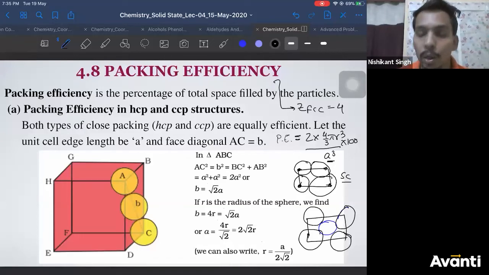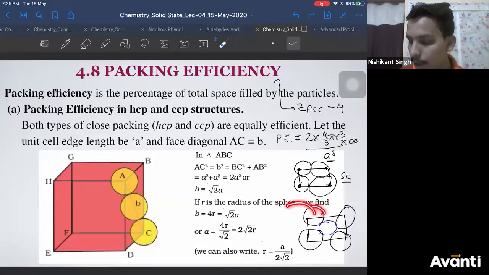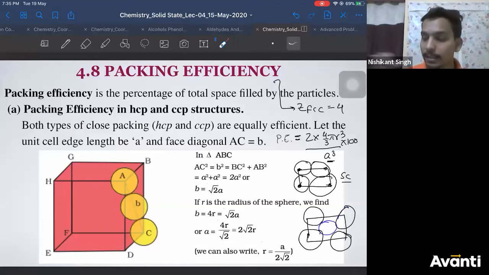Yes, guys. So what has happened? Can you correlate what has happened? In simple cubic, when we push this fifth particle inside, all these four particles move apart, and now the corner particles are not touching each other. Can you tell me which particles are now touching each other? Yes, guys. Can you tell me which particles are now touching each other? Yes. Very good, Rao. Very good, Ravi Shankar.